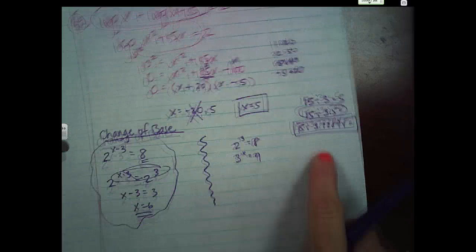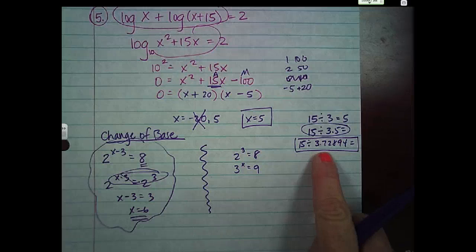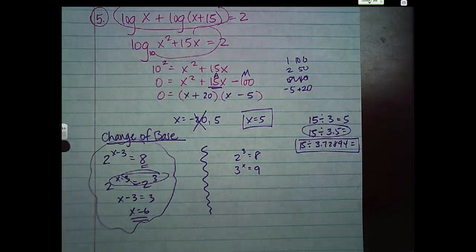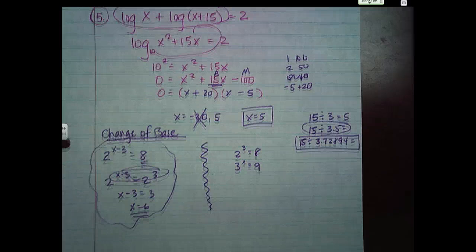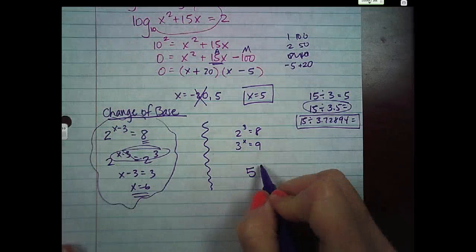Kind of like here. I could get the answer and it would take forever, or I could have a calculator do it, right? So we're gonna go to the numbers that aren't as pretty and let our calculators do the work for us, okay? So here's a problem. So if I told you 5 to the x equals 8,